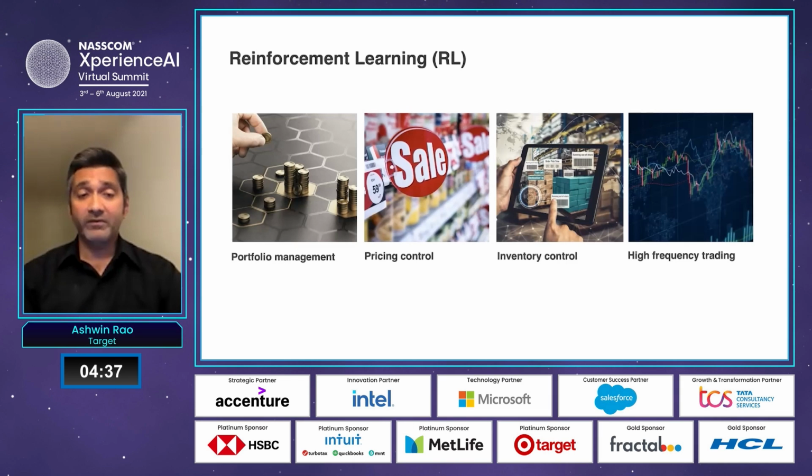I'll just name 4 of them. Firstly, inventory control, which is the problem of moving inventory from suppliers to warehouses to stores in the right quantity and at the right time, taking into account the uncertainties in customer demand. Price control, the problem of determining the right prices to set for each product one would sell at various stores, taking into account knowledge of how customer demand would react to price changes.